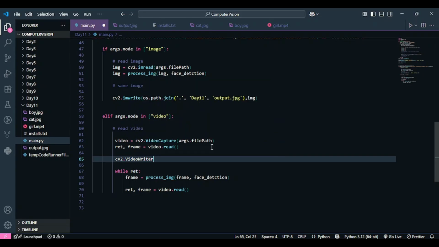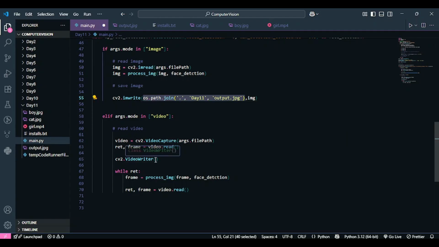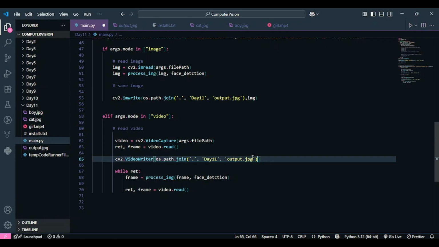So I'm going to write VideoWriter over here, and first I have to write the path where I want to write the video. I'm going to write the video in the same directory in which I'm outputting my image. So I am going to pass this over here, but instead of calling it output.jpg, I'm going to call it output.mp4. So I have to change the format, right?